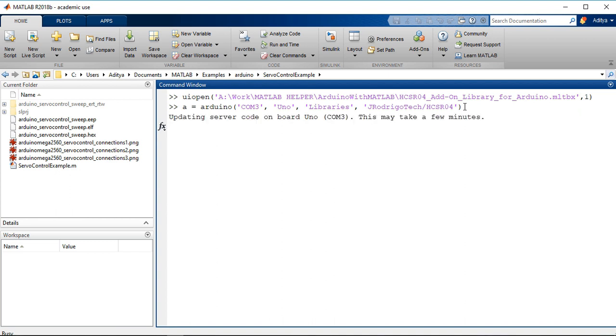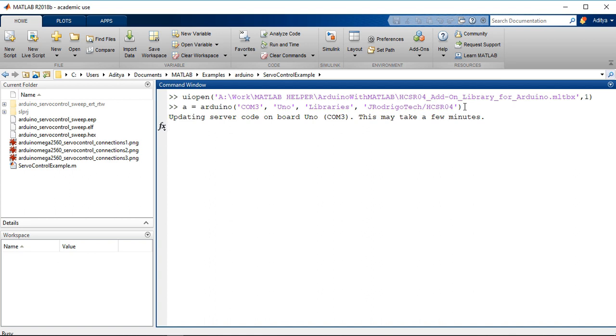It again says updating server code on board Uno. This may take a few minutes. I don't know why this is installing it again, since we have already connected it on COM3. The only difference is that I had to remove it before disconnecting the servo motor.